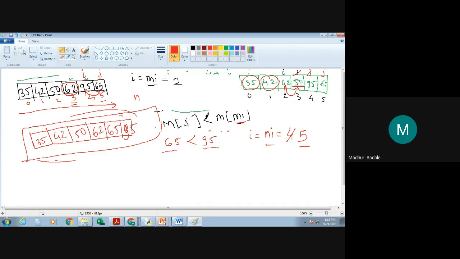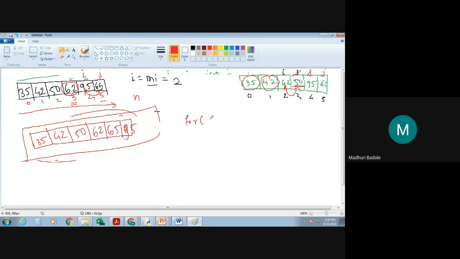So whatever for loop I am applying, I write here: for i equals 0, i should be less than or equal to, up to where will I write? N minus 1. And i plus plus.